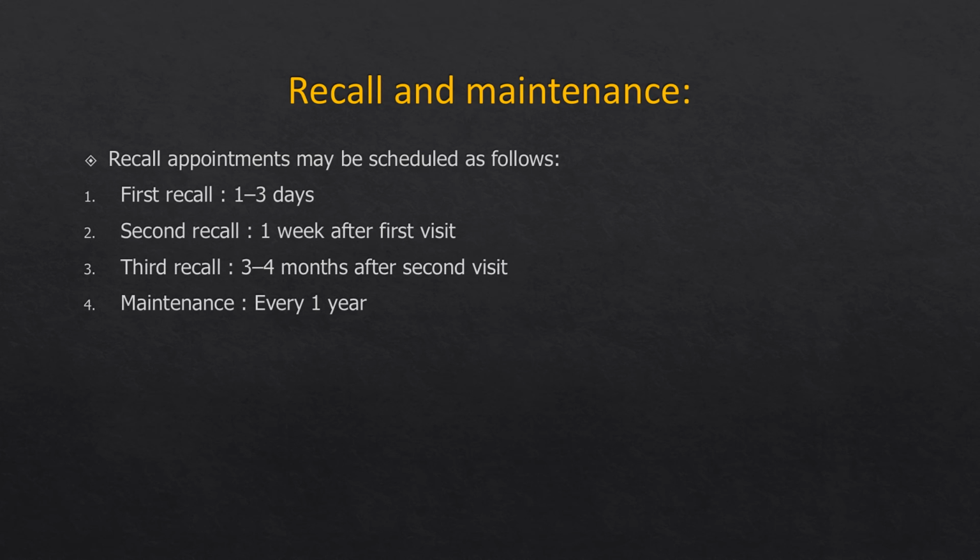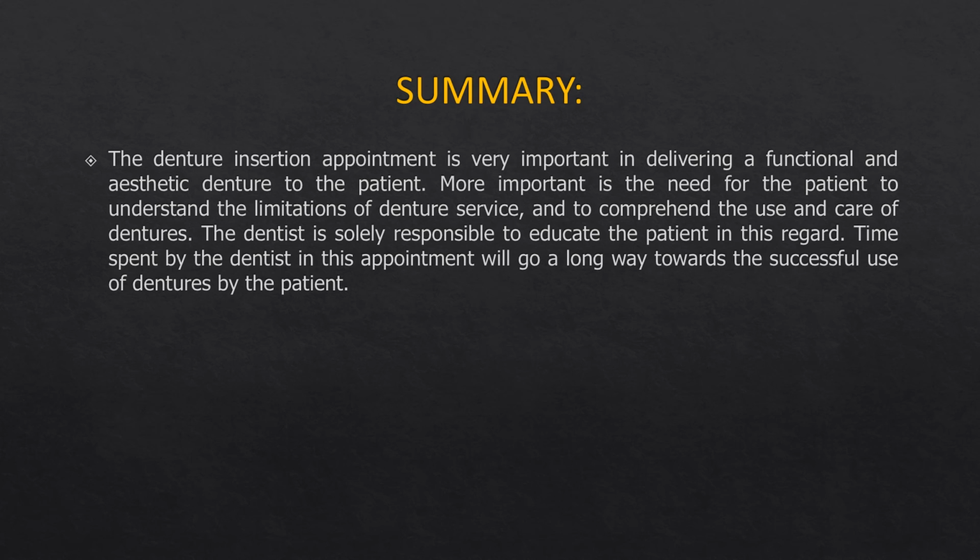With this, we come to an end. In summary, the denture insertion appointment is very important. I don't need to stress how important this step is. This is the culmination of all your efforts of the previous 4 to 5 appointments, and the time spent by the dentist in this appointment will go a long way towards the success of the denture, because I would like to compare a denture patient to a